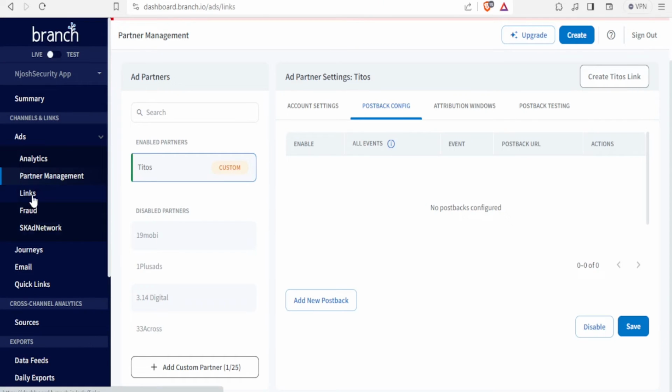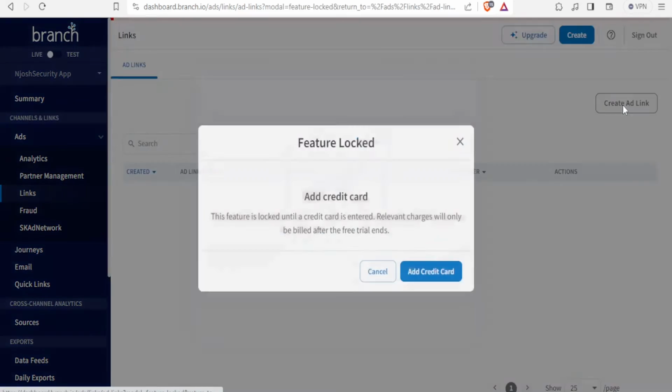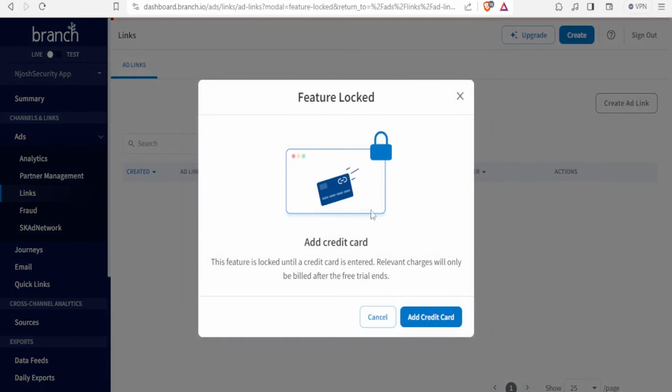So for the links here, this way you can also create links. So you click on links. You notice we don't have any created links here. So you can click on create add link. And this is available once you have the paid version. So we cannot access this with a free version. But once you have added your payment method, you click on add credit card here, and then you'll be able